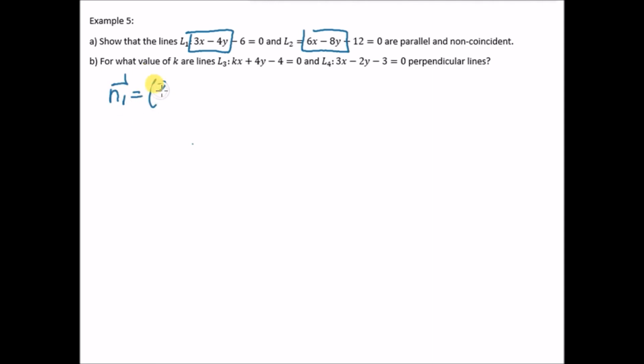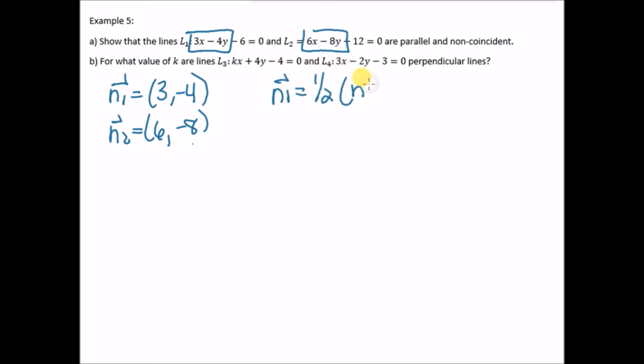So n1 is (3, -4), and n2 is (6, -8). Looking at these, we can tell that n1 equals 1/2 of n2. So yes, n1 is a scalar multiple of n2. So these two lines are at least